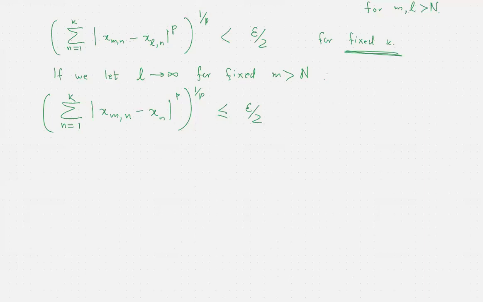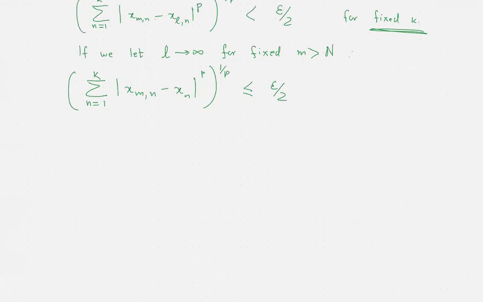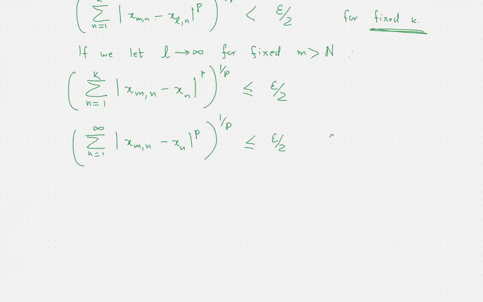So that will give us that the sum from n equals 1 to infinity of |x_{m,n} minus x_n| to the pth power all raised to the 1 over p is less than or equal to epsilon over 2 for m which is greater than N. Okay, so now we have done this for any epsilon greater than 0 by choosing any epsilon we like. I mean, you could do it for epsilon equals 1/2. You would have that x_n